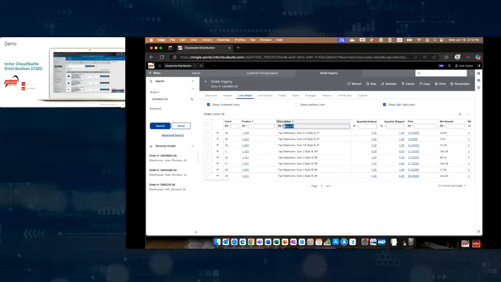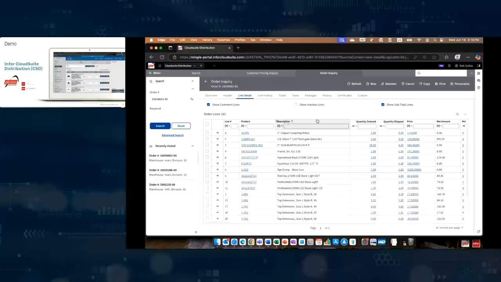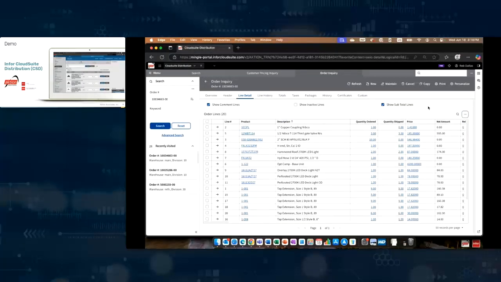So again, any column in any grid throughout the system, you have that nice filtering capability. All right, the third part of our scenario is, luckily, the customer wants to place a new order, right? So I could go to the menu or an access code, but Infor's added all the inquiries, these quick launches, so I could go print this order, I could copy it to a new order, or I could just enter